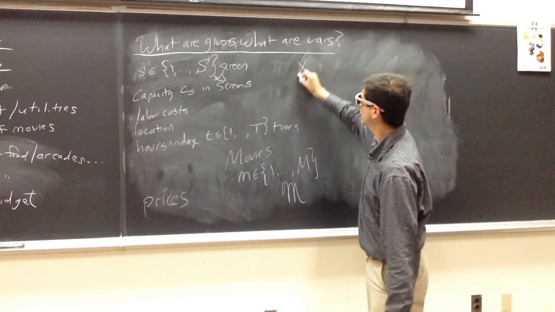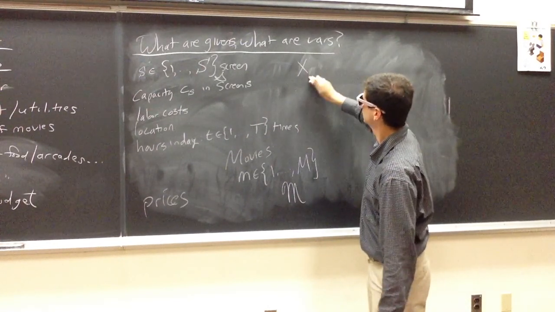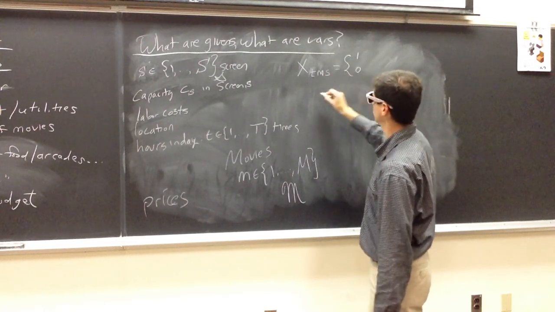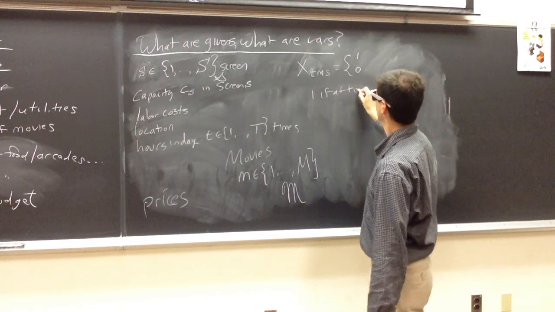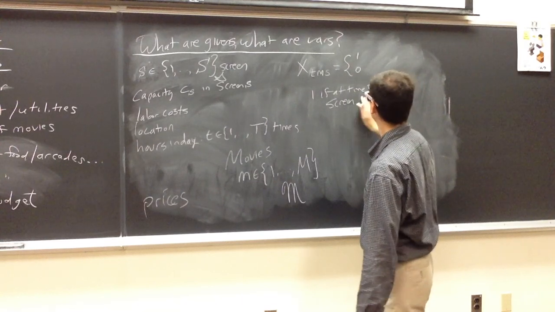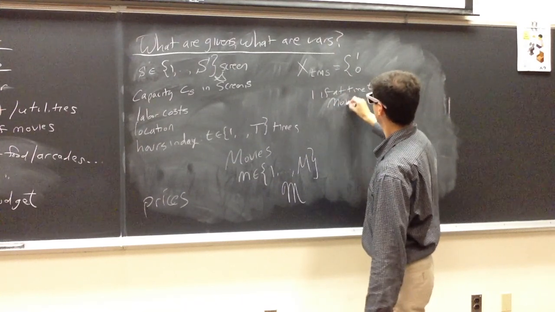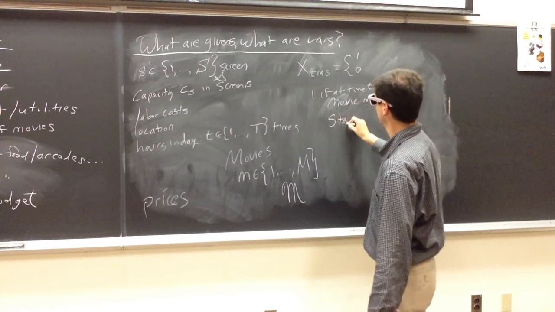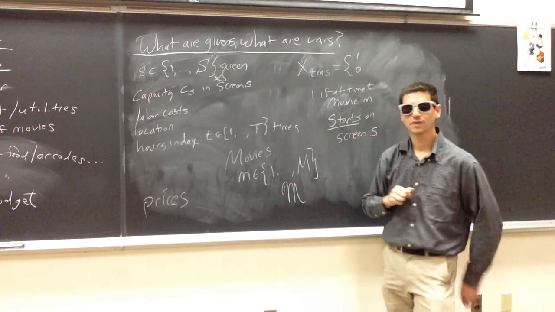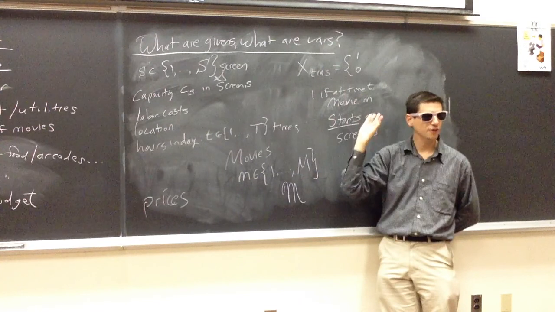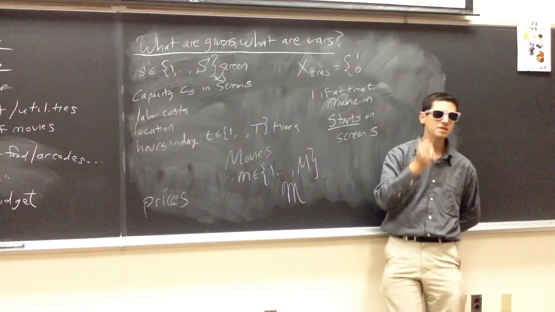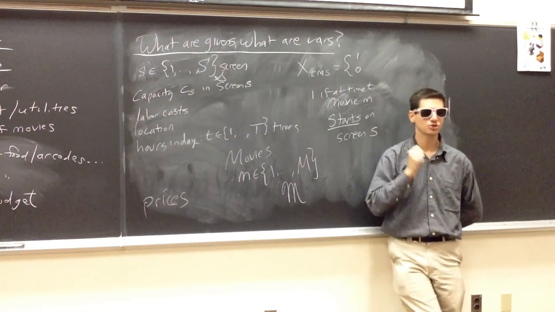So I'm going to let x be 1 or 0. 1 if at time t, on screen S, movie M, and here's the key word, starts on screen S. So in a lot of problems, this is the best way to do things. What I'm doing is I'm making my decision: when do I start the movie? What screen do I start it on?